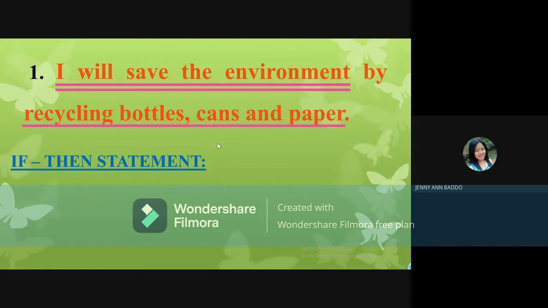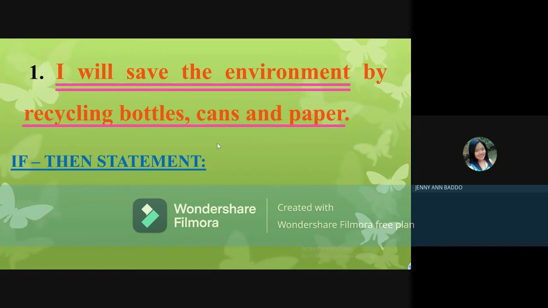So after if, we must have a sentence. It must have a complete thought. We cannot say, if recycling bottles, cans, and paper. What will we use to complete